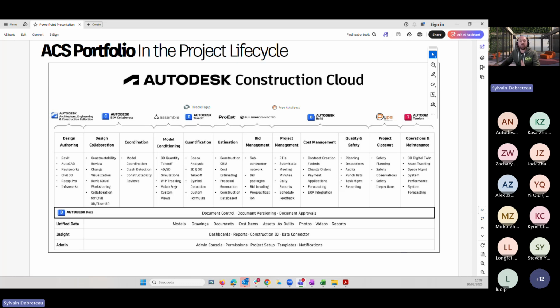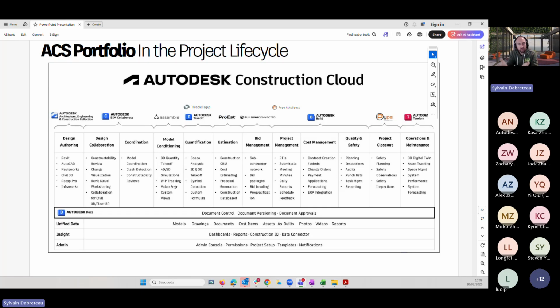We have 4 main phases in this project management: the design phase, then the pre-construction phase, the construction phase, and then operations.